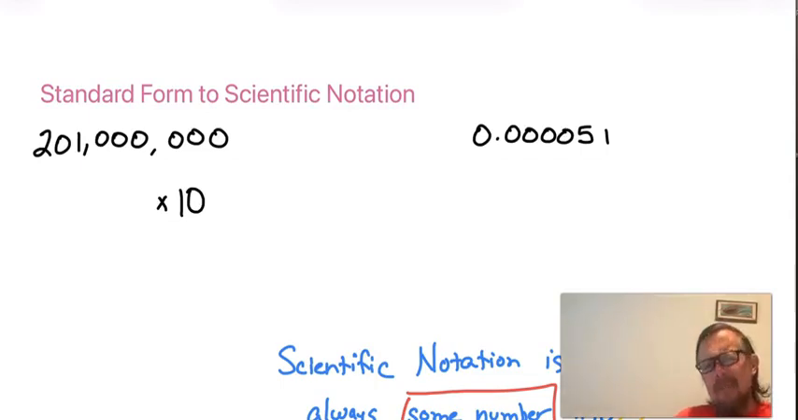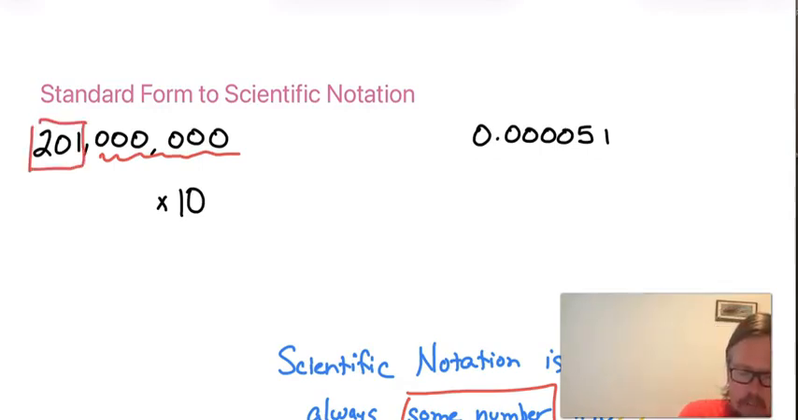And we already said the sum number has to be a single digit followed by a decimal. Okay, so here's what we do. We look at our first set of numbers, the first numbers in 201 million, our set of numbers that are before the big long string of zeros. See, we've got this big long string of zeros here at the end. I want to look at all the numbers in front of that big long string of zeros. And the number in front of that big long string of zeros are